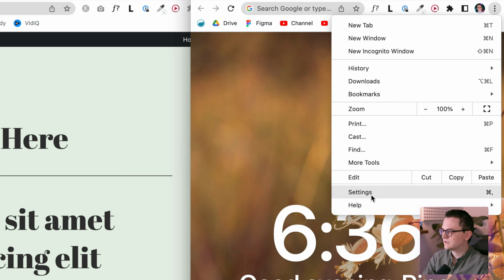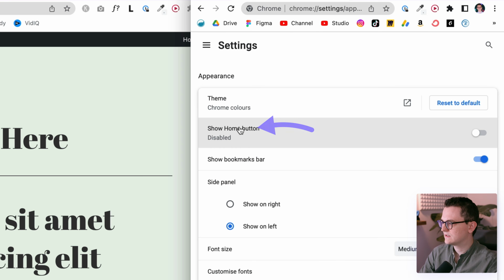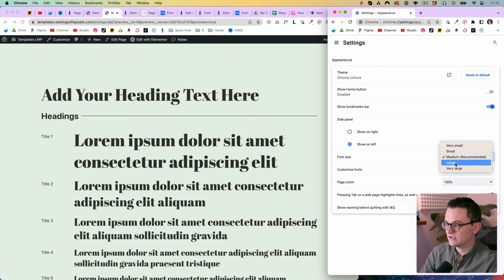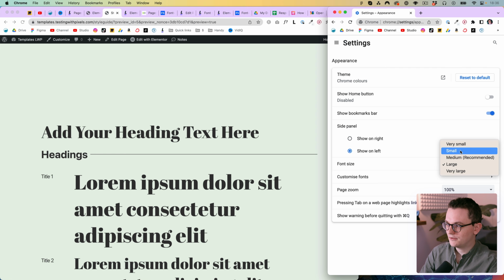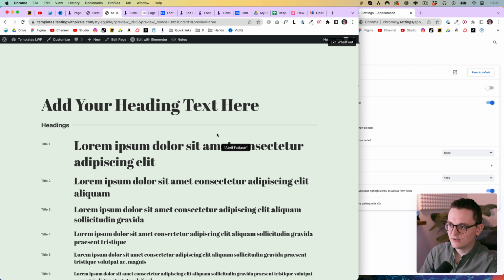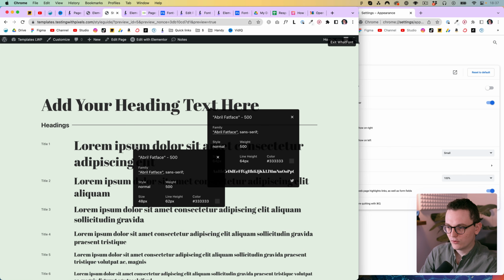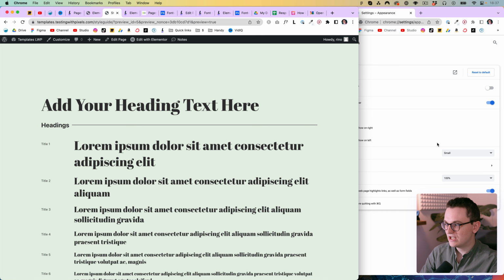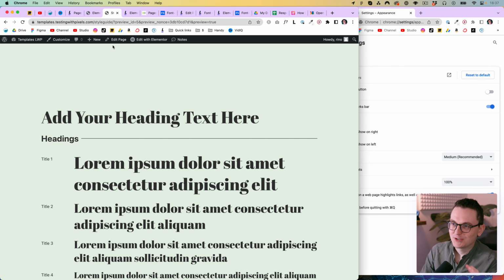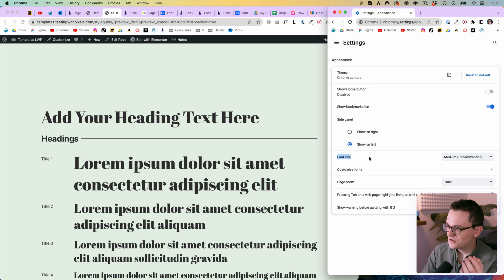When you go to your browser settings and you go to appearance, then you can set up the font size on your browser. Some older people have their font sizes on large, and some people with really good eyes have it on small. Maybe because they want to see more on the screen. And as you can see, the one set up with pixels is still 64, but the one set up with REM actually changes according to what the user is setting up over here. So by using pixels, you're actually making it harder for people that don't have good eyes or for people that have really good eyes, right? So using REMs and EMs allows you to take advantage of this feature, and by using pixels, it's just simply